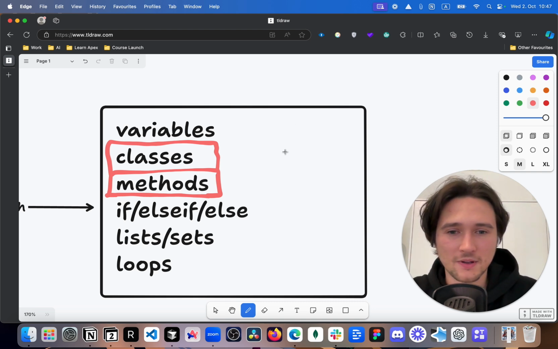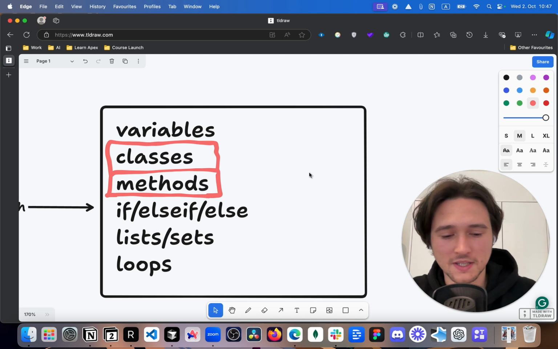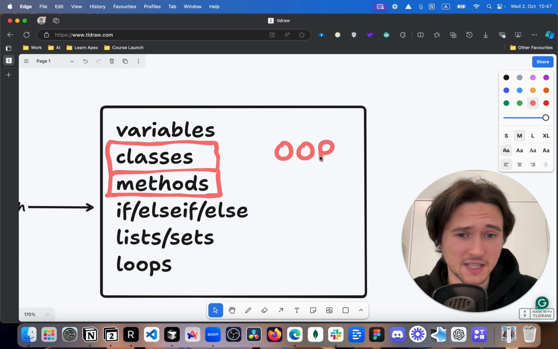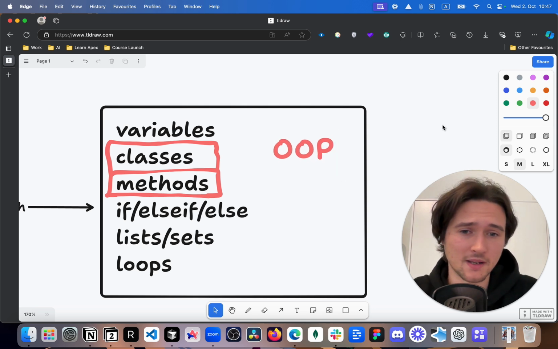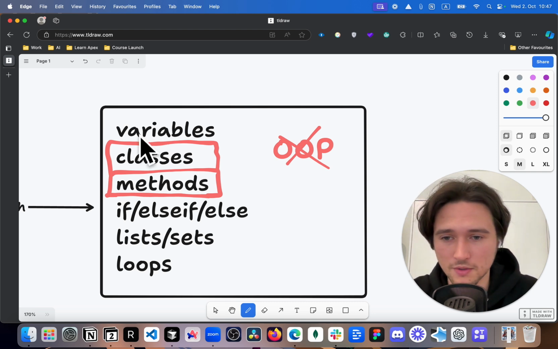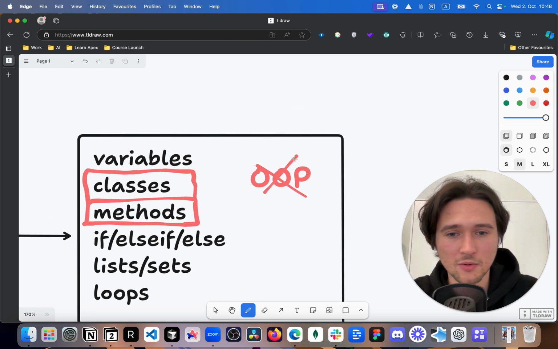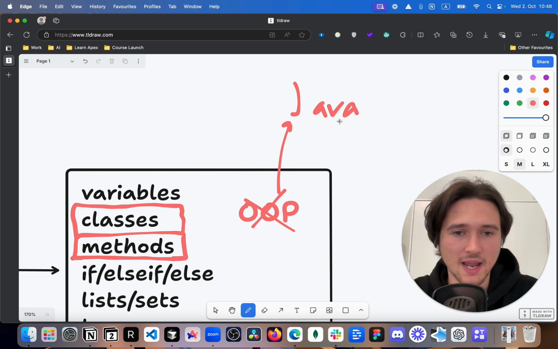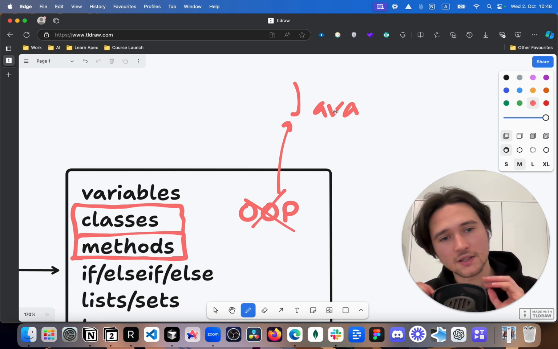Another thing that people usually recommend, what you're going to see is object-oriented programming. It's bullshit. Don't do that. You don't need anything from object-oriented programming except those things with the classes and methods. Why don't you need it? Because this comes to us from Java. And Java, I mean, Apex is similar to Java, right? But it's not the same language.